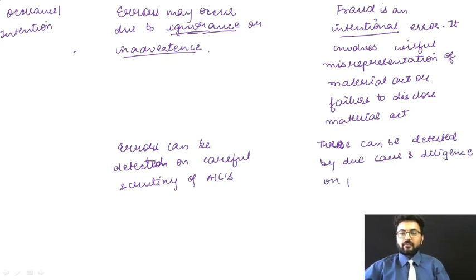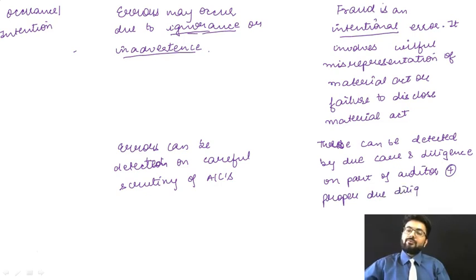Diligence on the part of the auditor, plus proper due diligence. That means you have to look after each and every point. Because in that case, if 10,000 out of this 10 lakh payment has been made, that would have subsequently reduced the balance in your bank account and your cash and cash equivalents as well. But what is going to be over there? You have to look after each and everything very properly. There should be proper due diligence, and everything will be handled with due care, right?